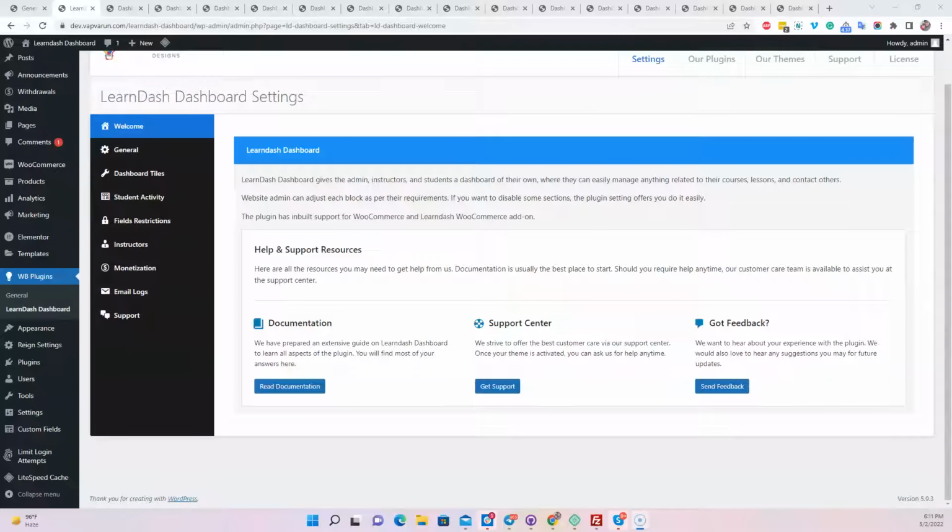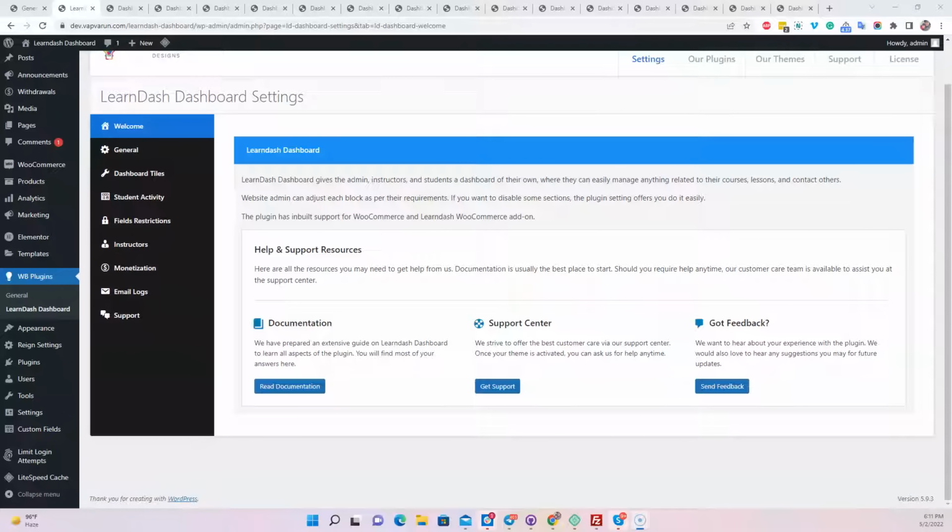Inside the backend, you have the option to moderate the instructor. You can approve them, you can reject them, or you can allow them to start publishing the courses. Same for the monetization, you can also enable the monetization feature. In that way, they can also start calculating how much they have earned so far using the Learndash selling approach